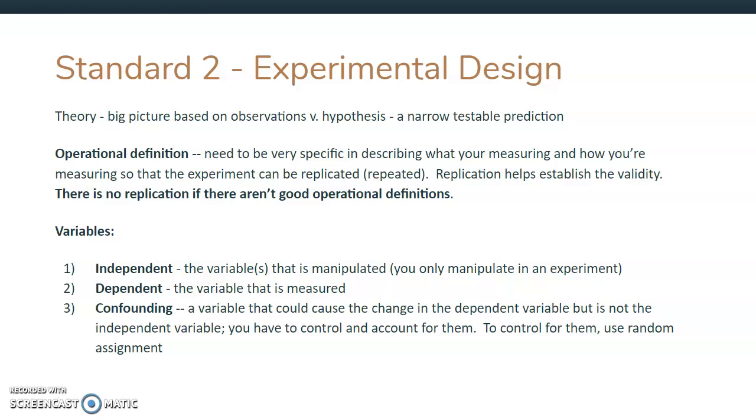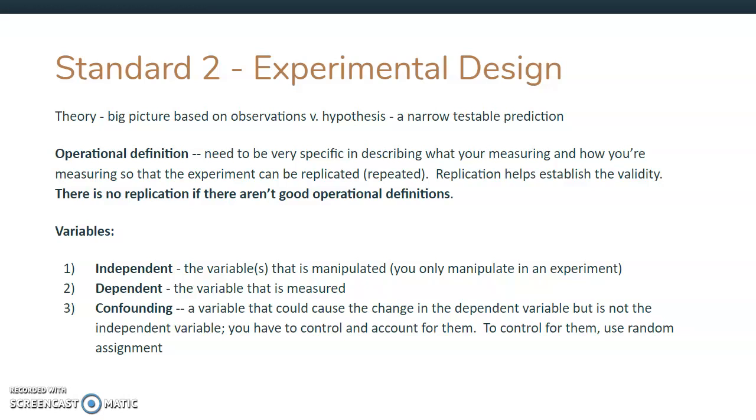Operational definitions, okay? An operational definition has to happen and it has to be good or you can't replicate the study, right? So you have to be very specific about how you're measuring, what you're measuring. It's going to relate most typically to the dependent variable. Of course, you can have to operationally define what you're doing with the independent variable, but for psych purposes, most of the time the testing is asking you to operationally define the dependent variable. How are we going to measure it? What are we measuring and how do we measure it?